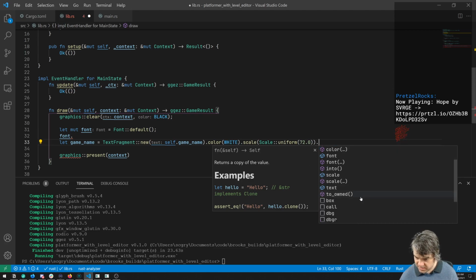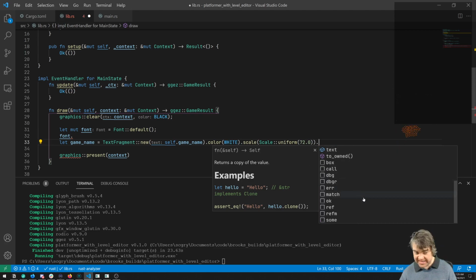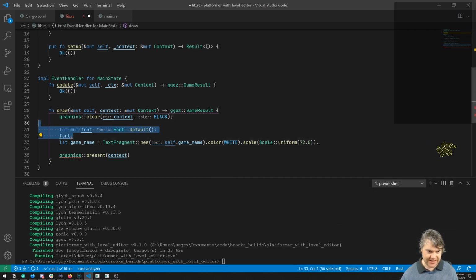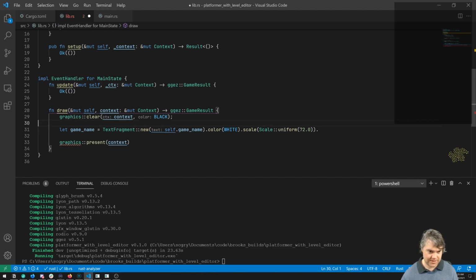Now a font might be interesting, because I can actually pull in an actual font and use that. That might actually be really nice. So that gives us our game name,